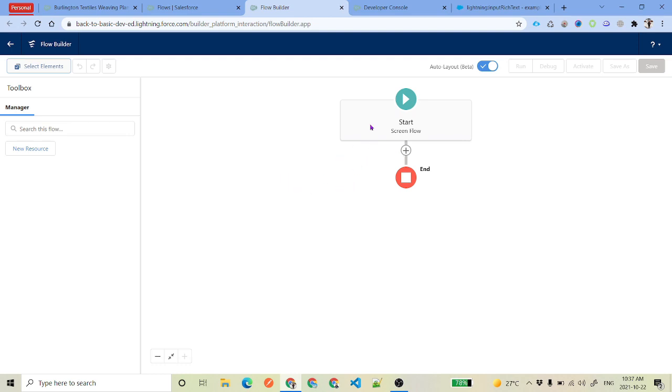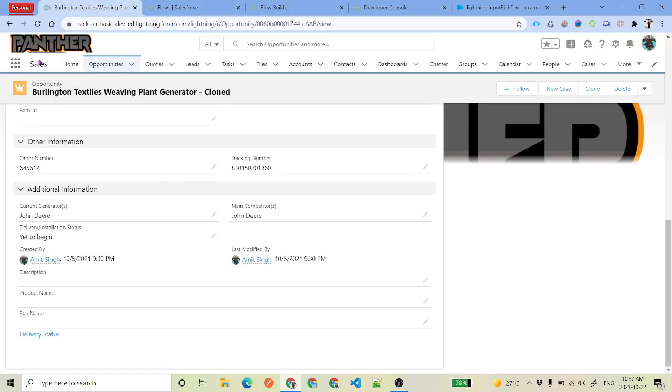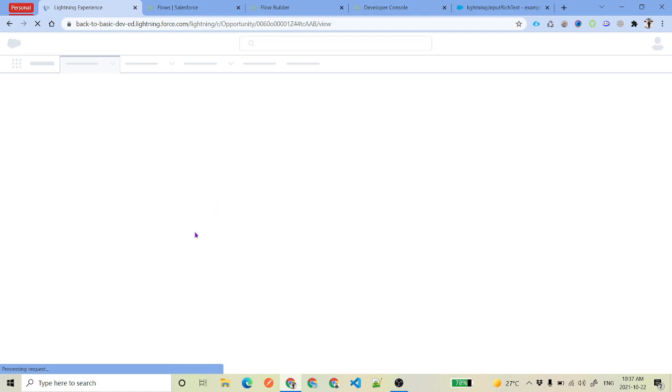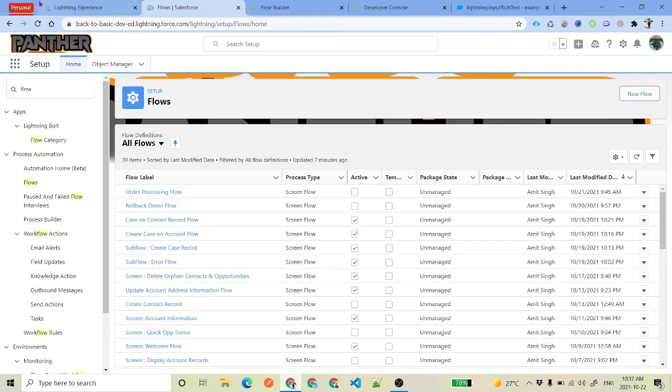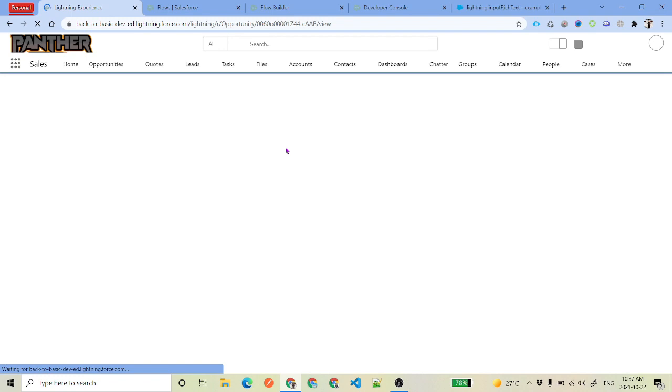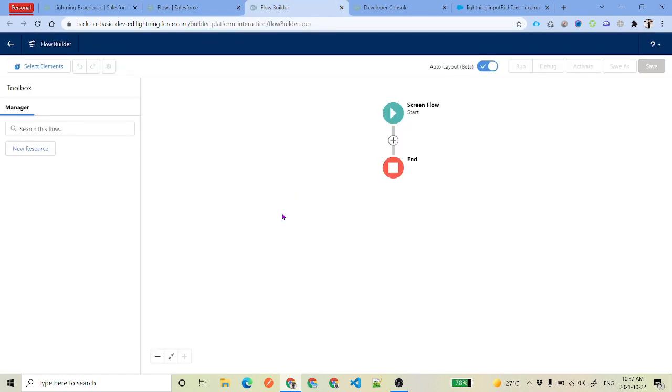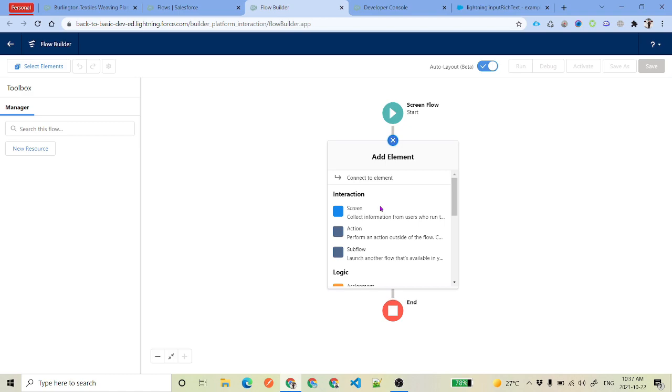So that is what we are going to do here. I have a rich text area field on my opportunity object, which is a custom field called description. We will quickly have simple fields for creating the opportunity, and then we will also have that rich text area component. Before we get into that part, we will add a screen component over here.